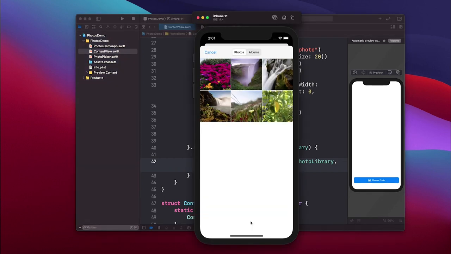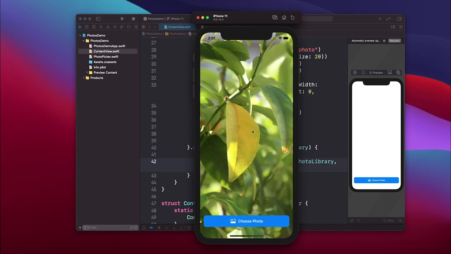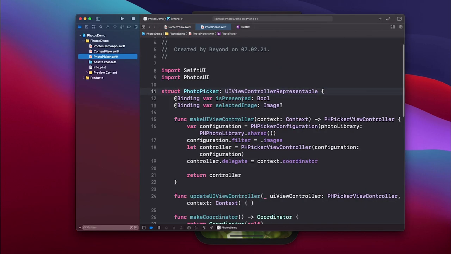Now if I go ahead and press choose photo and choose a photo from here, you will see the picker is dismissed and the image is passed up all the way to the content view and is set as the background image here. All right, now one last thing I would like to show you is, remember in this photo picker, we used this